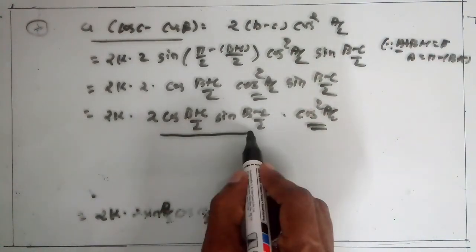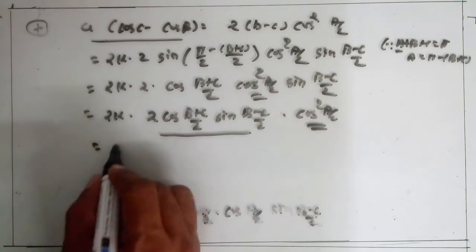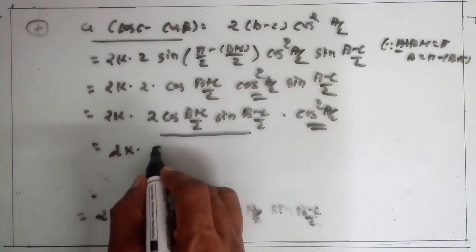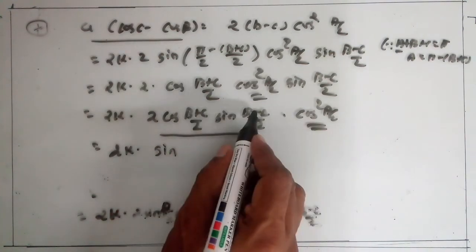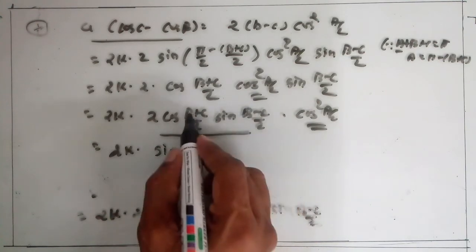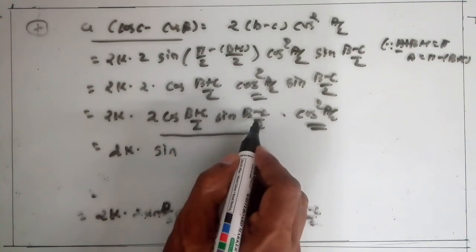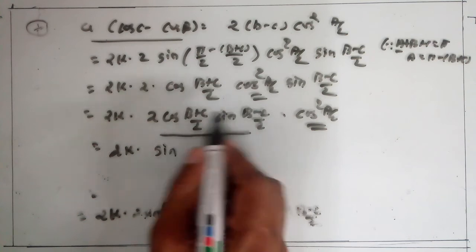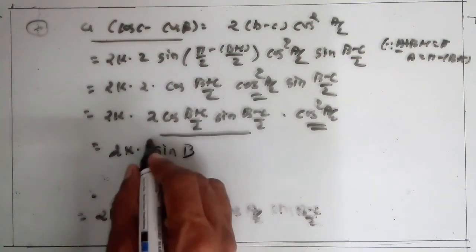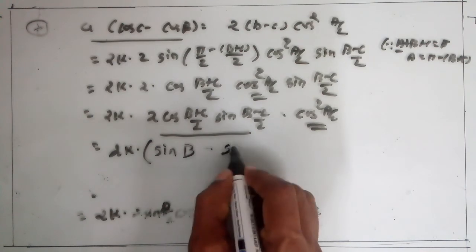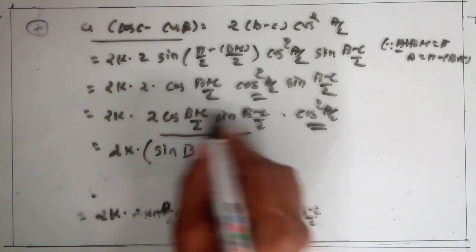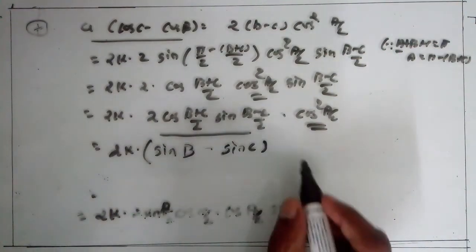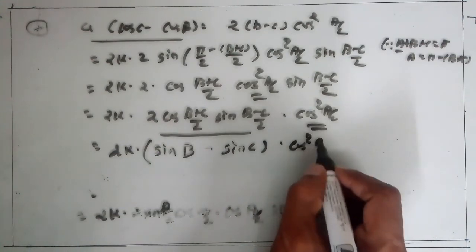Now here we apply the 2 cos S formula. So 2k into 2 cos S is equal to sin S minus sin S. So sin, take the addition of these two only: (B plus C) by 2 plus (B minus C) by 2 becomes B plus C plus B minus C, so 2B upon 2 becomes B. You know. Clear? Minus sin, the subtraction of these two: B minus B cancels, 2C upon 2 becomes C. Okay. Into cos square A by 2.